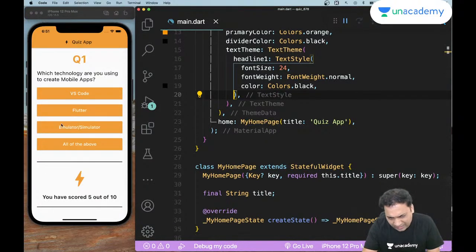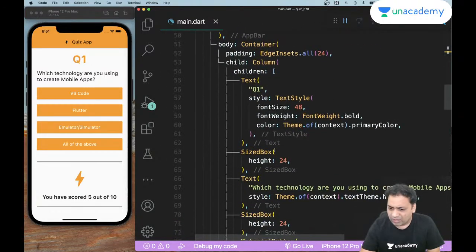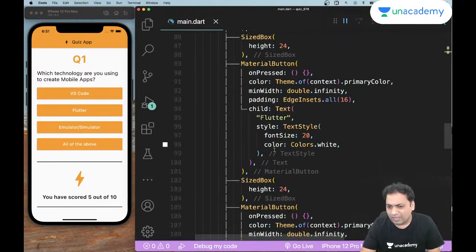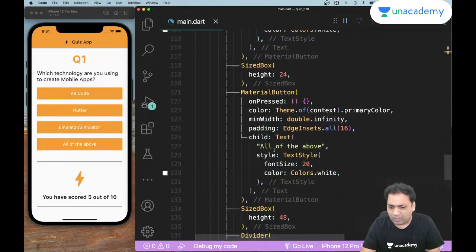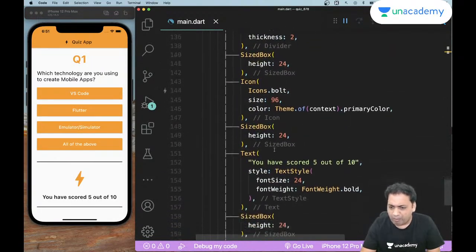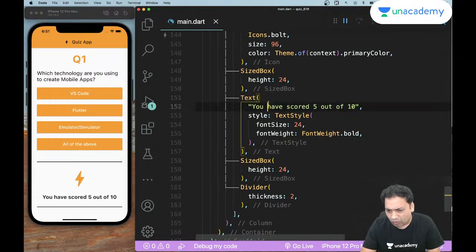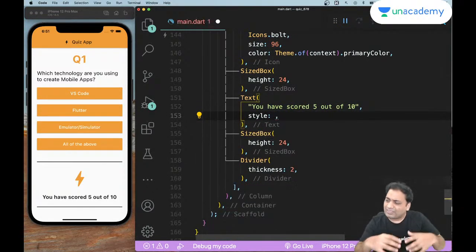Now, since we have already done that on the top, if we wanted this also to start looking exactly like the top, we know what to do now. We don't have to apply any special colors for it. We don't have to apply any bold for it or anything. You have scored 5 out of 10 is here. So we can get rid of this text style altogether. And rather than having to repeat ourselves again and again, we should now be able to